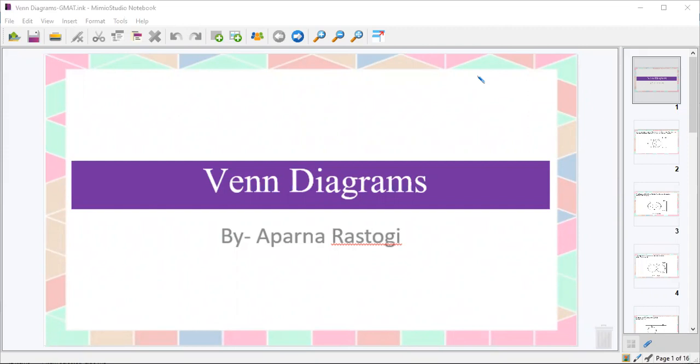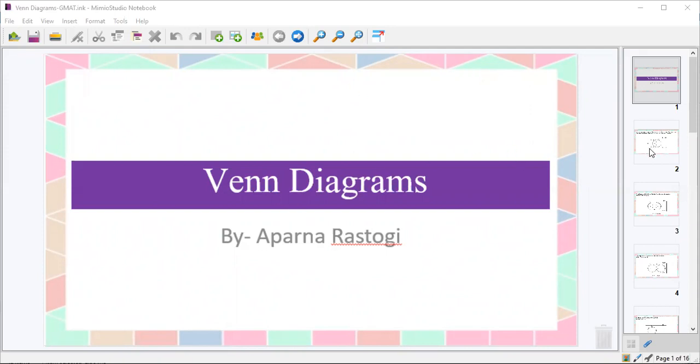So in today's session, we are going to discuss some methods of how to interpret the data via a diagram, via Venn diagram, basically. We'll be discussing some questions and some concepts related to parameters, and we will see how we can solve those questions without the use of any equations, making it much simpler to solve. I hope this session will be insightful for you all, and you will be able to crack questions with much more ease. So let's begin with the session today.